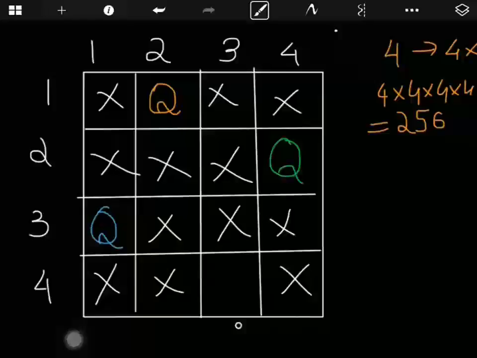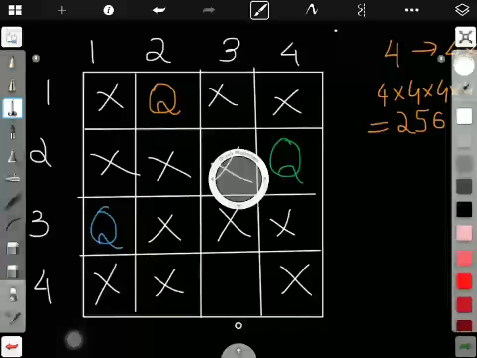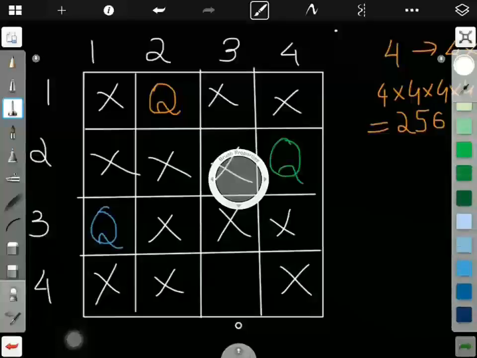As you can see, right now we actually have a solution, because our fourth queen actually has a place to be put. And let me do this in